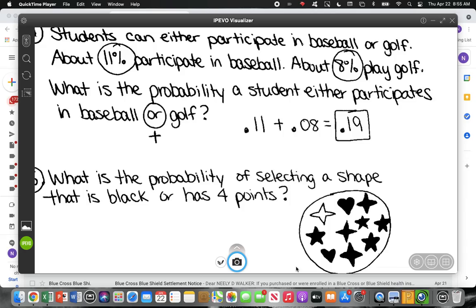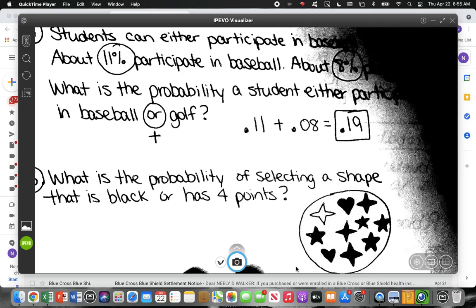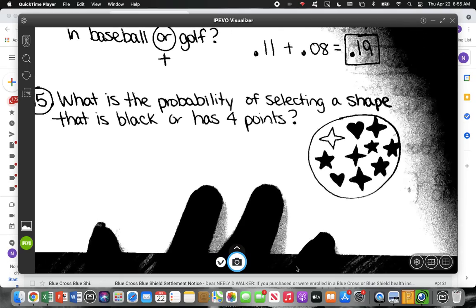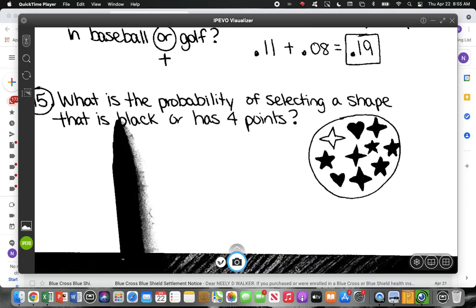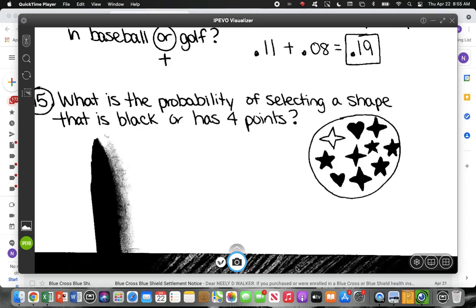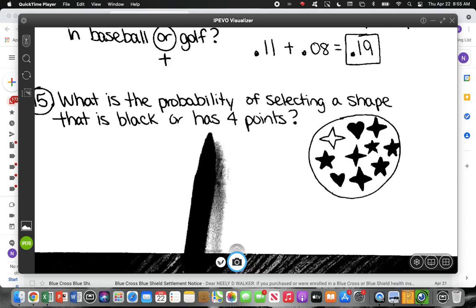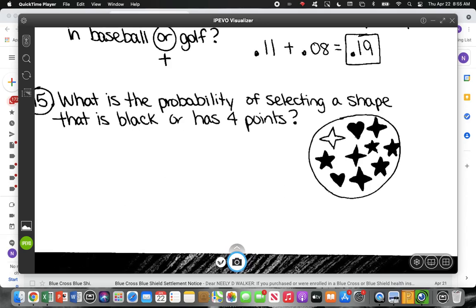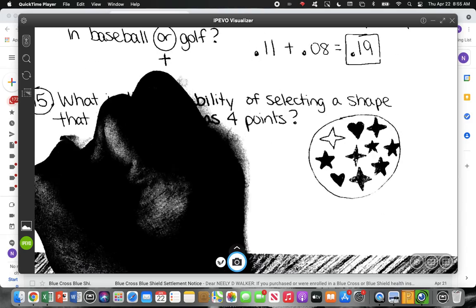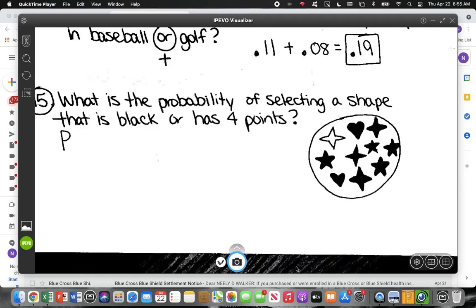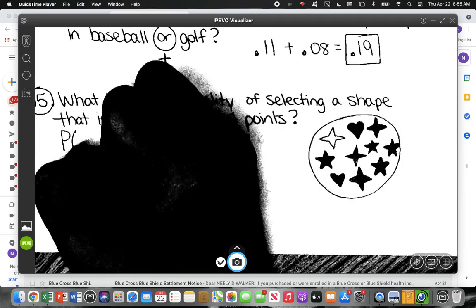All right, now on this next one, I want you to see, are these mutually exclusive? It says, what's the probability that selecting a shape is black or has 4 points? Are there any shapes that have 4 points and are black? Okay, so remember, whenever we have things that are not mutually exclusive, that can happen, you're going to add the